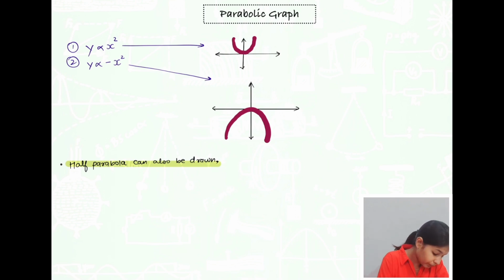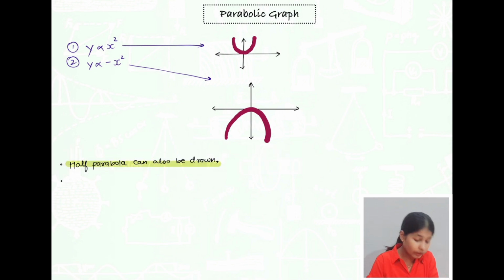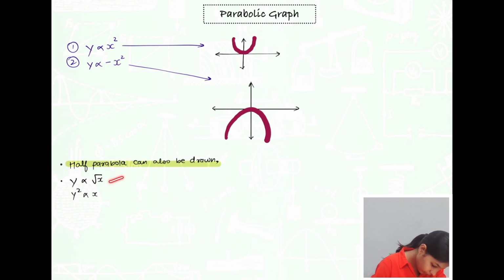Okay. Also, this is a special case and it is very important and you should learn it. Okay. And most of the time the question arises from here. If y is directly proportional to under root x, or if you square both sides, you will get y square is directly proportional to x. If any of these criteria is given, y is directly proportional to under root x, or y square is directly proportional to x, in both cases